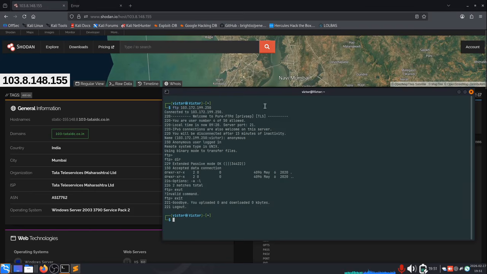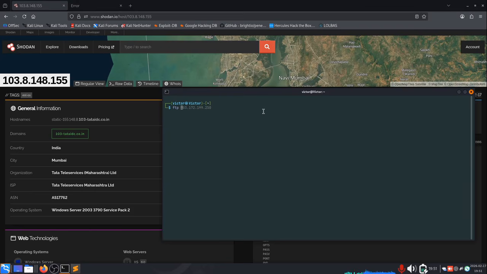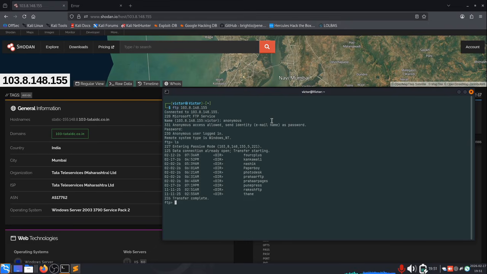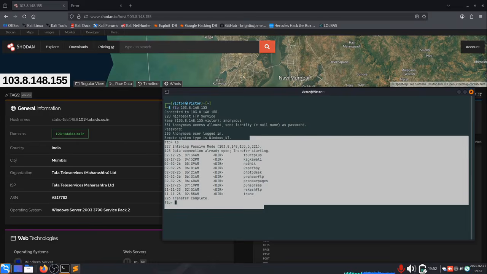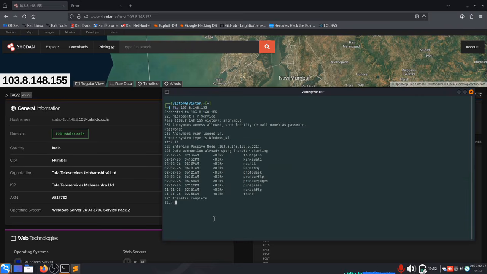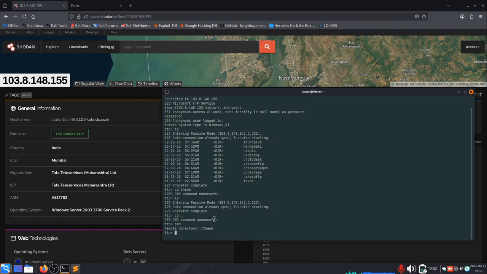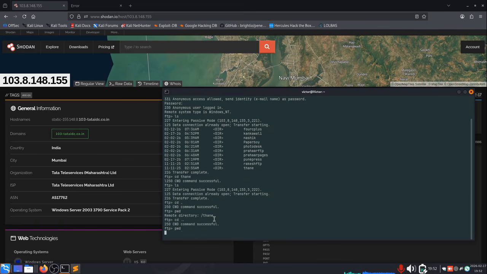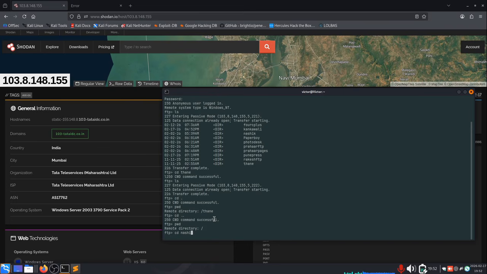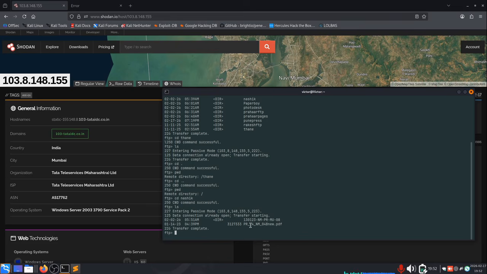So let's come back again and see if we're able to authenticate or not, right? So here we go. And done. Now let's list out all the directories. So here you can see all the directories which are available, like the names of particular places. Okay, I can access them one by one. Like if I just access this one, you can see there is nothing. I'll come out. Let's check the present working directory. It's still that one. And now if I check, okay, there is nothing. Let's go to the Nashik one. Here you can see we have some PDF files, and some others, I don't know exactly what this is,